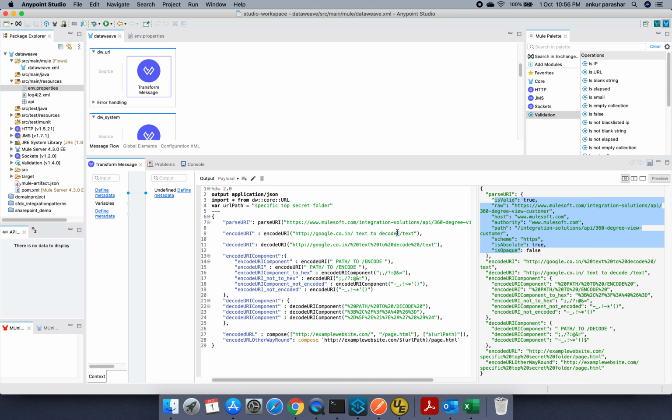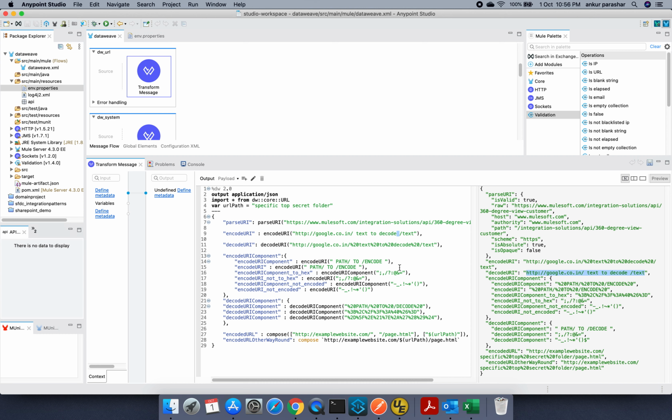In order to make sure we are accounting for these spaces, what does encodeURI do? It basically inserts the special characters, or percentage 20, for the white spaces, and it creates a beautiful URI out of it. Similarly, if I take this one as the argument for decodeURI, it will give me the original one which I had tried for encoding purposes.